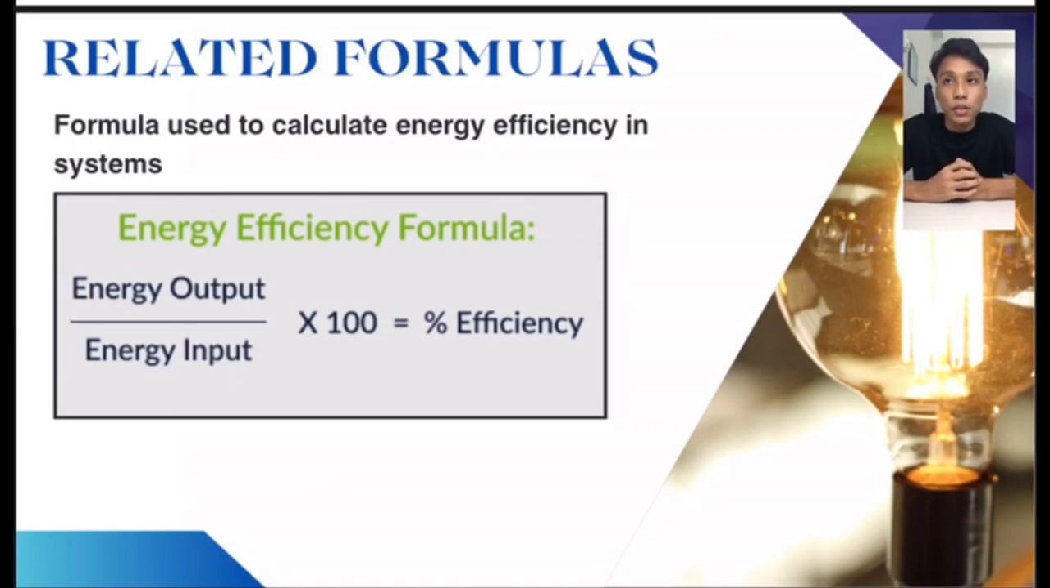Energy output is the amount of energy that comes out, while energy input is the amount of energy that is put into a device. A high percentage of efficiency means less energy being wasted, so it is good because we can reduce the cost. So next slide